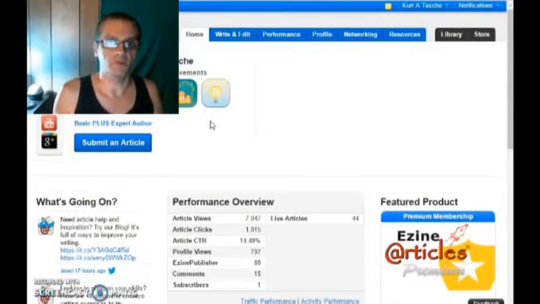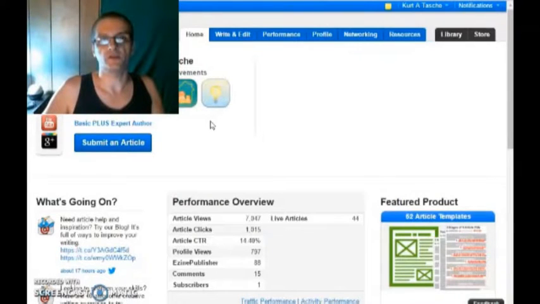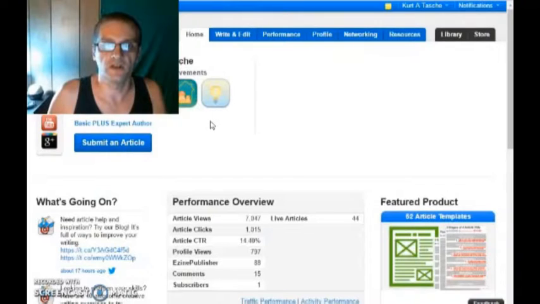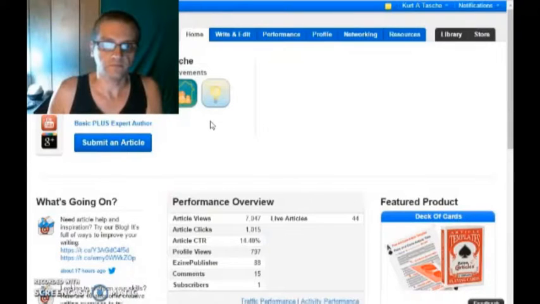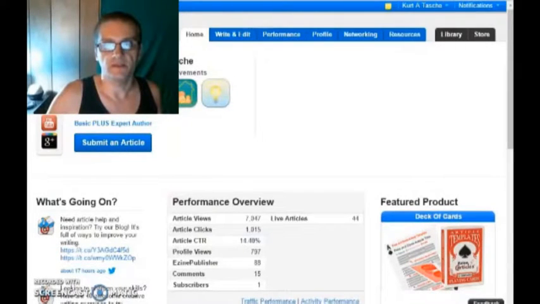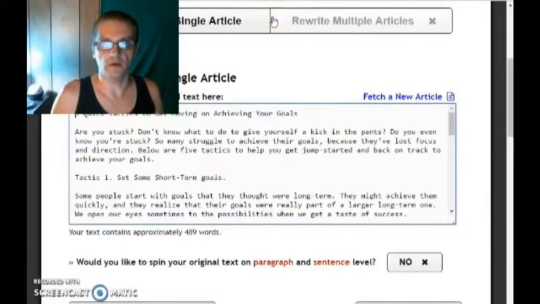How you can take an article from an article directory that is very meticulous about its unique content, very meticulous about making sure it's high quality stuff. Take an article from that site, put it into Spin Rewriter. Take it, spin the article with the software, and then just make a couple of